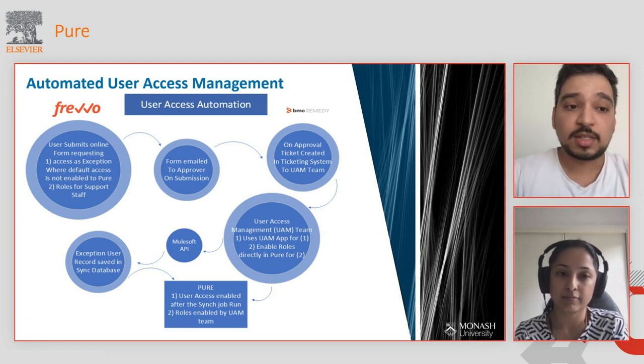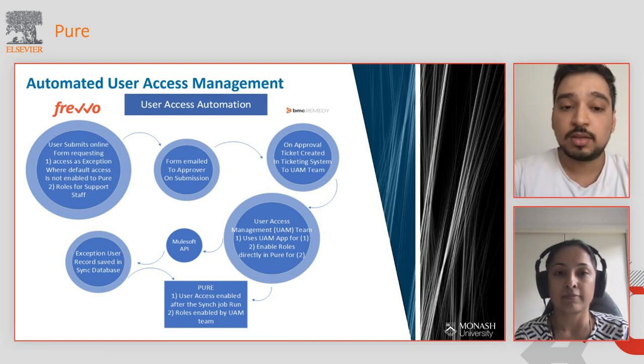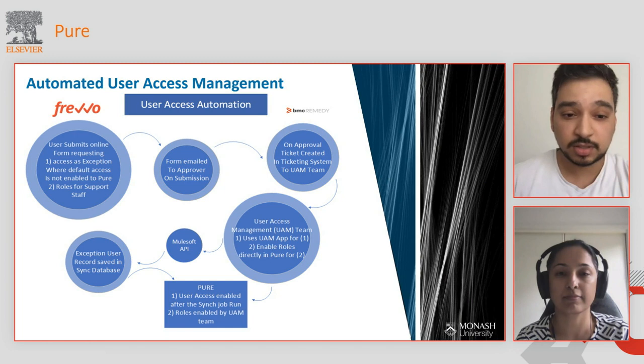What we've come to now is we've transitioned over to a SaaS product called Frevo that automates the form component. Basically, whoever wants access to Pure or wants their profile made visible just navigates to a website and fills out their details. Those details automatically get sent through to their approver with no involvement from the IT team whatsoever. Once that is complete, it automatically gets sent through to our user access team, who just signs it off. Once they've signed it off, we've built a small web application. I'll show you a screenshot,